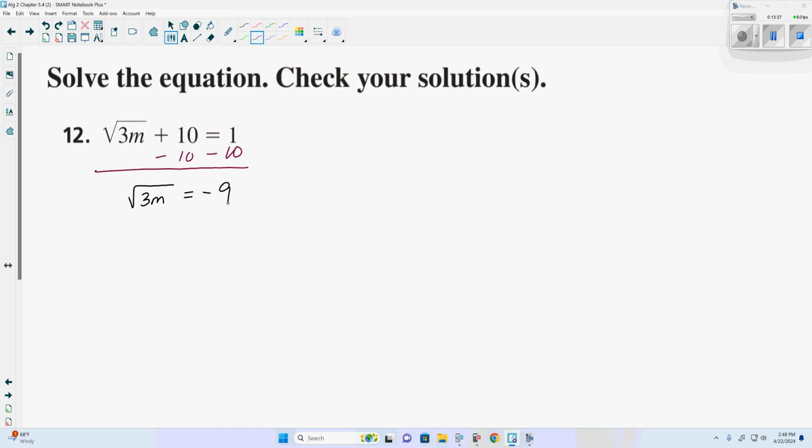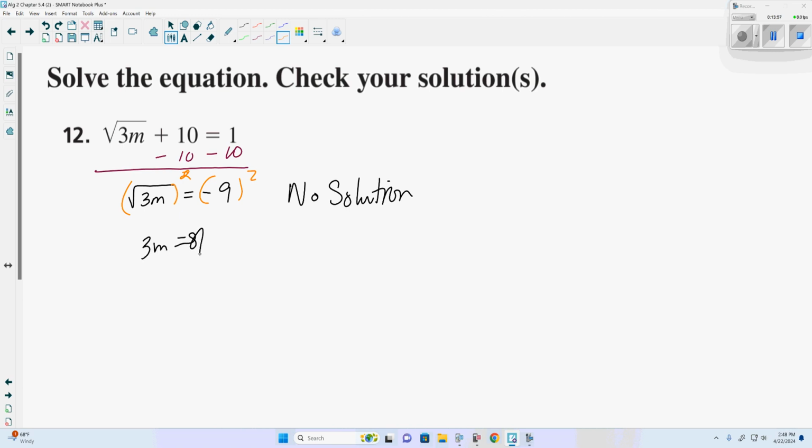This is indeed going to be no solution, because again, we have a radical equal to a negative number. It doesn't work. This is no solution. Now, if we didn't notice that, we could still go through our process, square both sides, which will